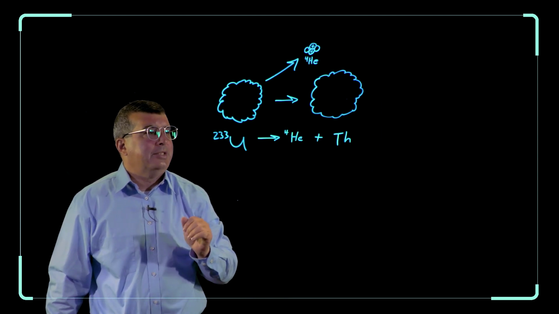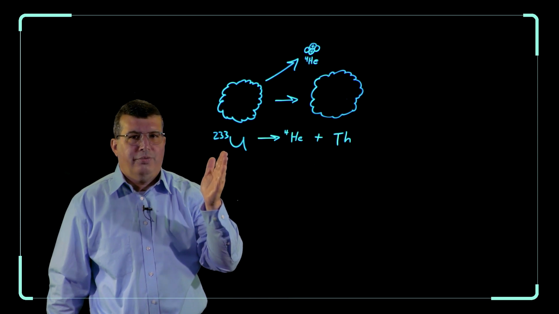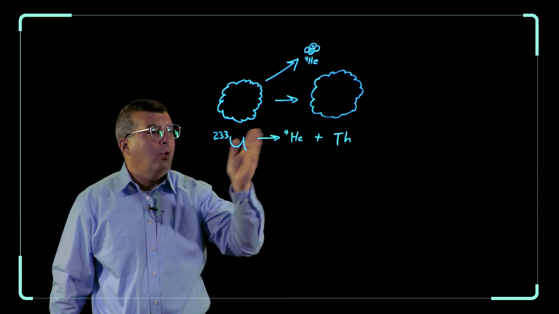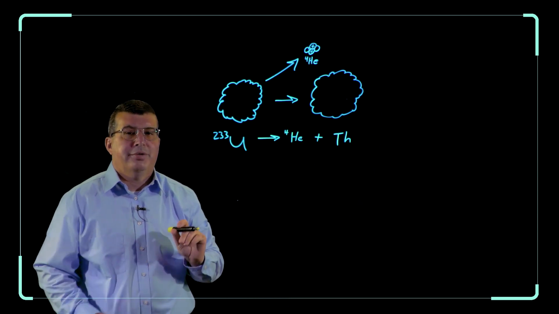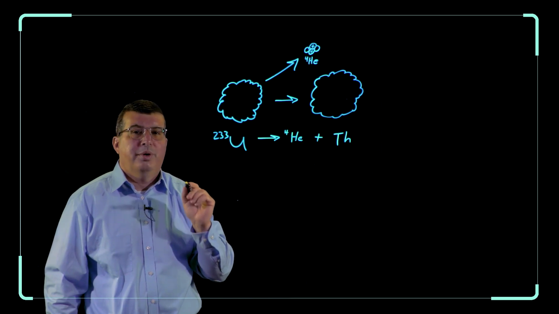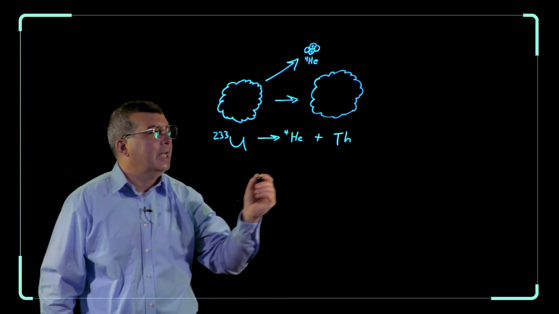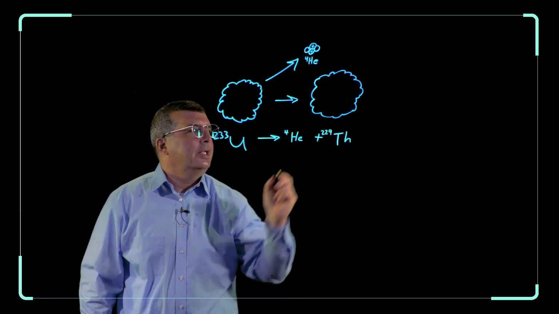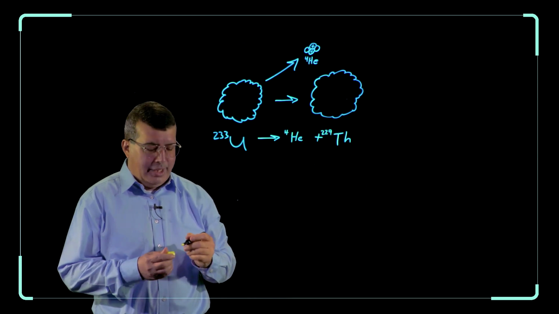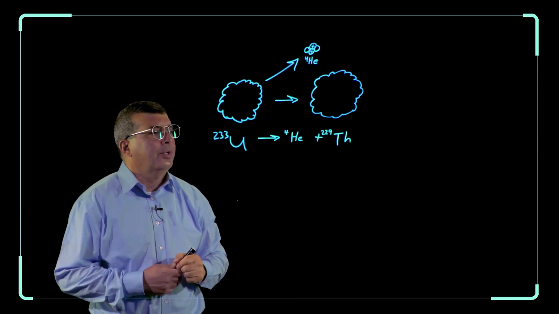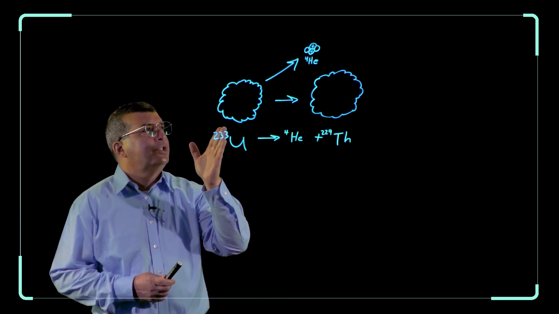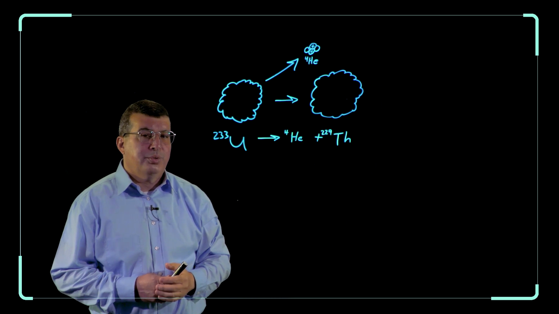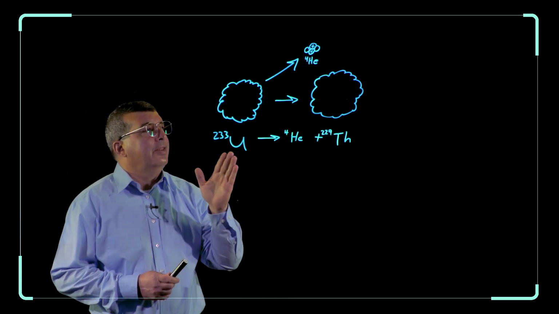And what is our mass number? Well, we started off with 233 nucleons. We lost 4 nucleons, so we must be left with 233 minus 4, which leaves us with 229 nucleons. So uranium-233 shoots out a helium nucleus and leaves us with thorium-229. Now, once again, the